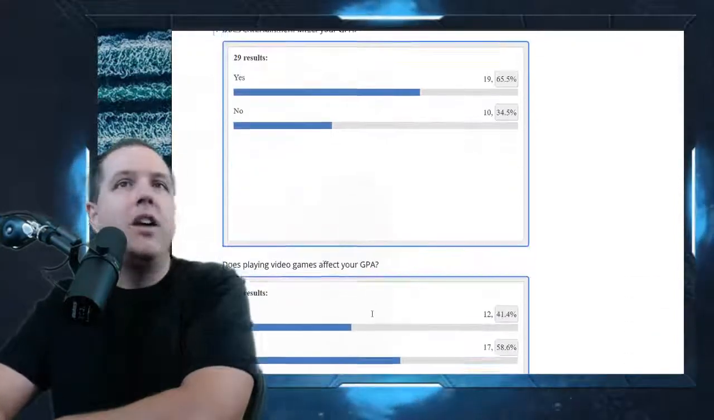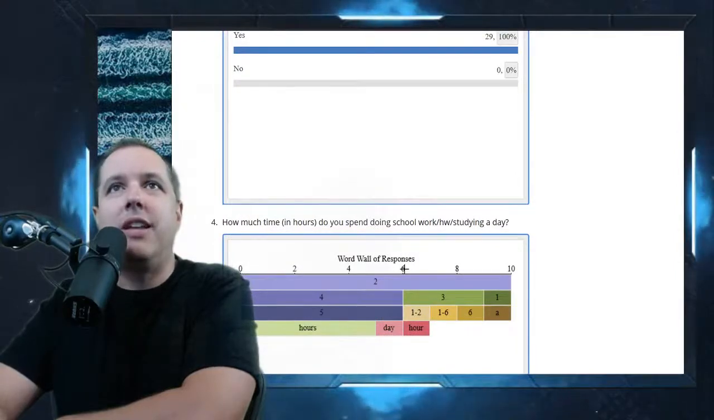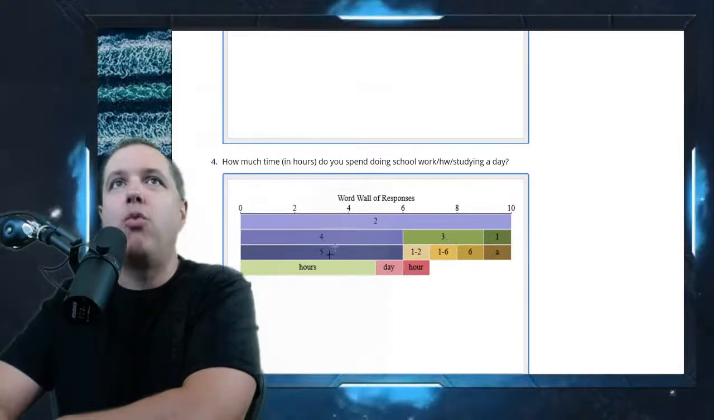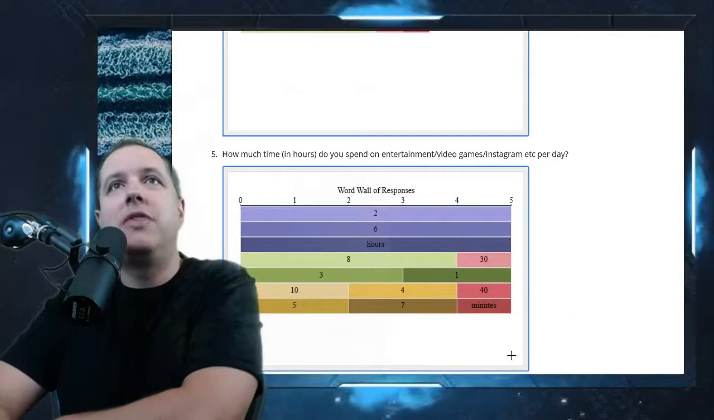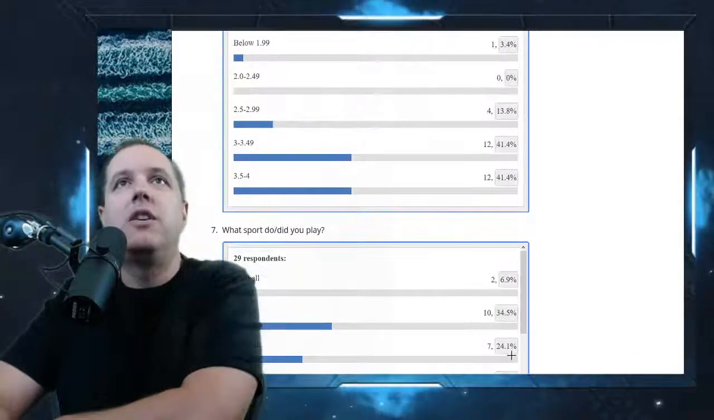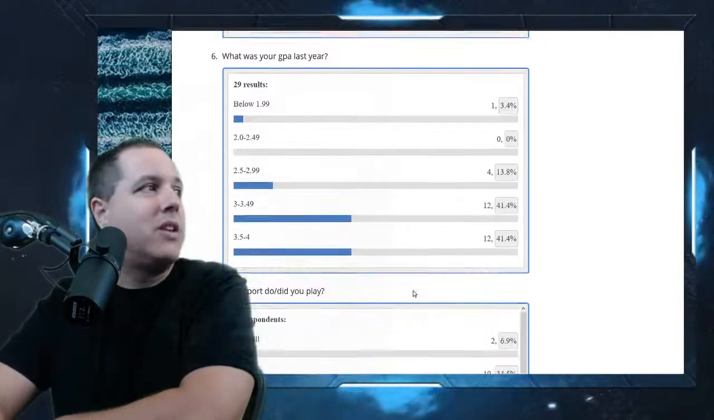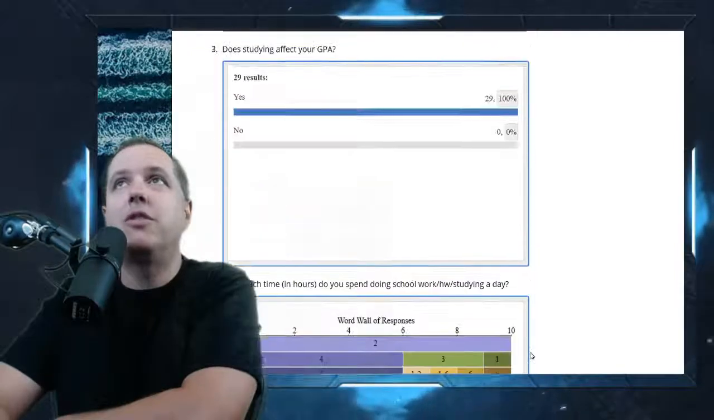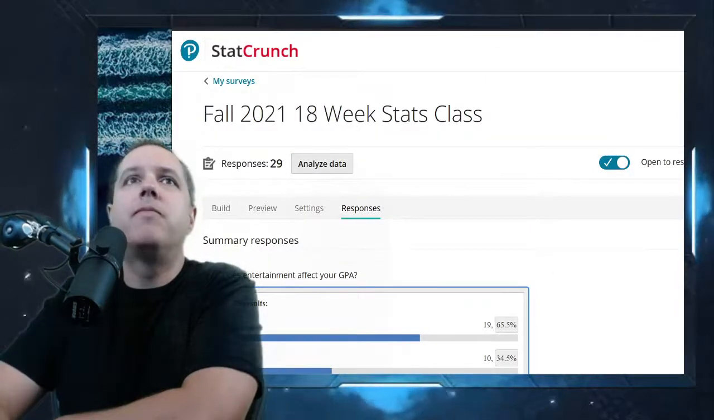Like this one's okay, but look how it does here, it's a word wall of responses. You're probably not going to care about a word wall for the responses to your question. So actually, half the stuff it gives us here is not very useful. And the ones that are, you can just make inside of StatCrunch. You make yourself a little histogram or bar chart in a few seconds. So these aren't great, but